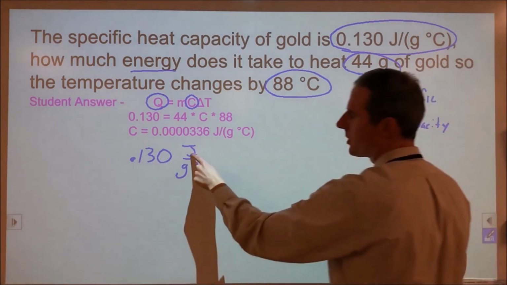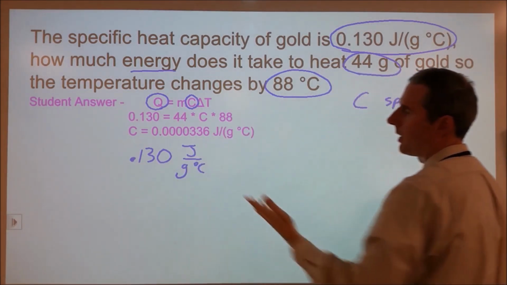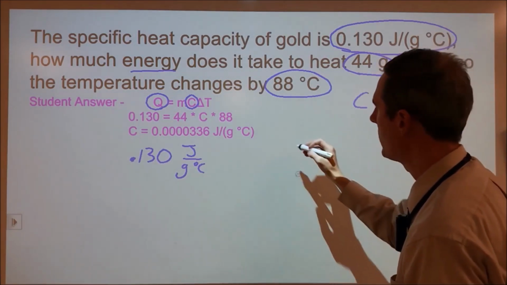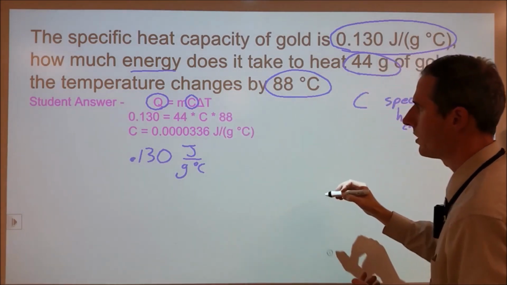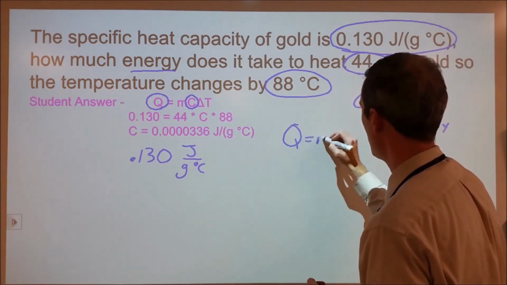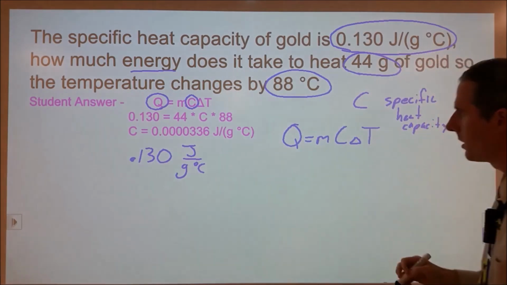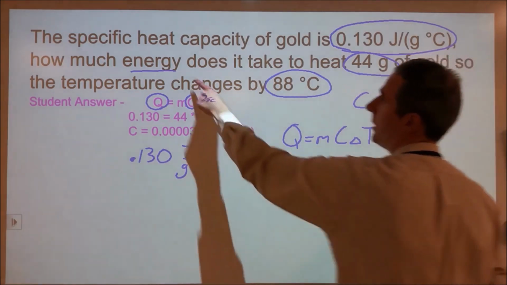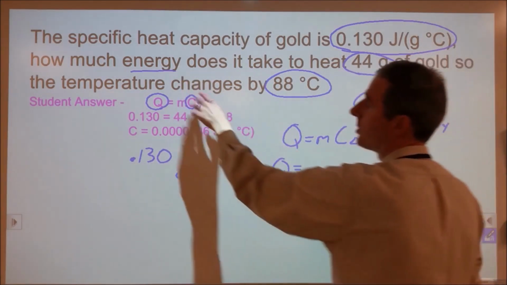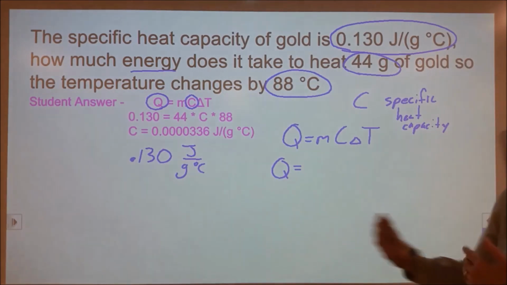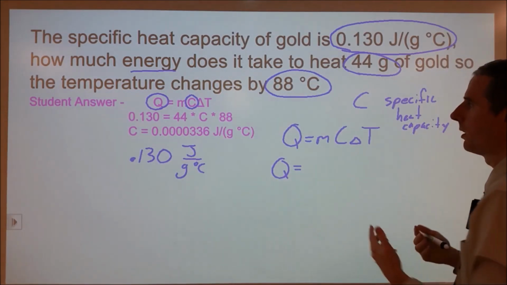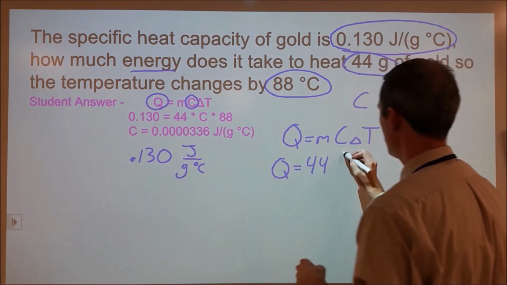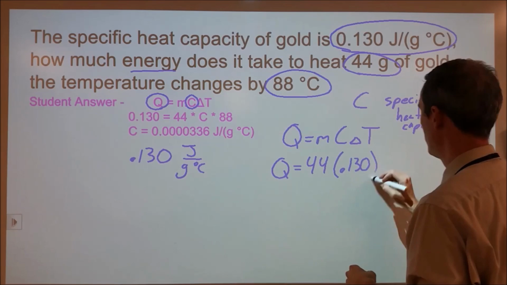So if we can understand the units a little better, that might allow us to then figure out how to plug things into our equation a little better. So really this here is our specific heat capacity. What we should be doing is plugging the 0.130 in for there. So we are starting with Q is equal to MCAT, or MC delta T. But Q is our unknown. We're looking for the amount of joules, the amount of energy. Now Q is heat, which does not match this term, but the amount of energy transferred is equivalent to the amount of heat being transferred. That's what that is. And so if we plug in now, we have 44 grams times our 0.130 times our